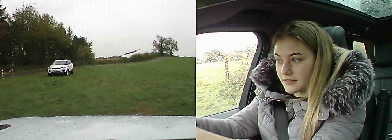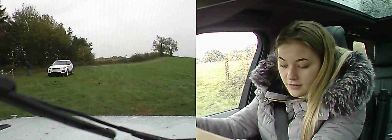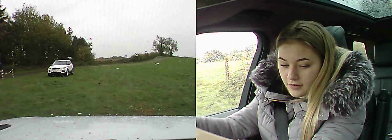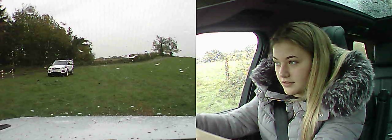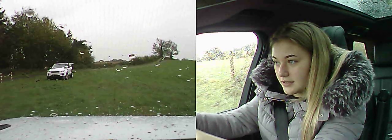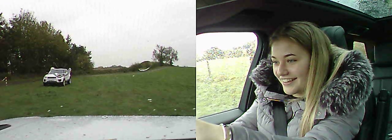So when you feel ready, just take your foot off the brake and the car starts to move on its own. So if you look at the trees up there and now really gently push the accelerator, just think it is a powerful car and it does want to go at times there. And then just think to yourself,